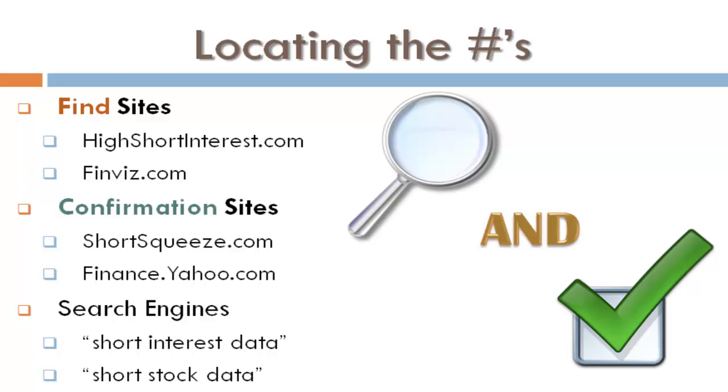into two. The find sites are where you can find stocks. And I'm paranoid, so in all actuality, these confirmation sites probably aren't needed, but I don't know. I like to always double check things, especially when the double checking takes, I don't know, 5-10 seconds. So the find sites where you can find ideas on where these environments are sitting are going to be right here at highshortinterest.com and then finviz.com.